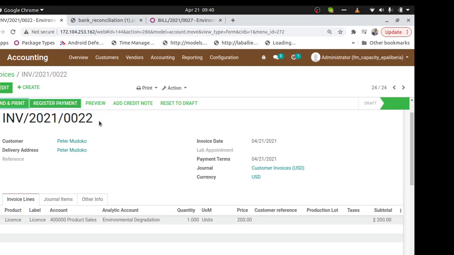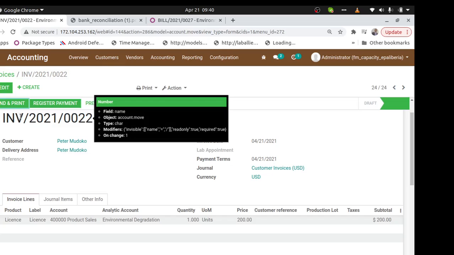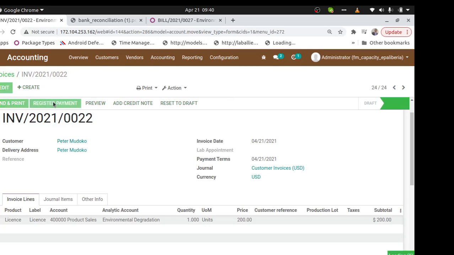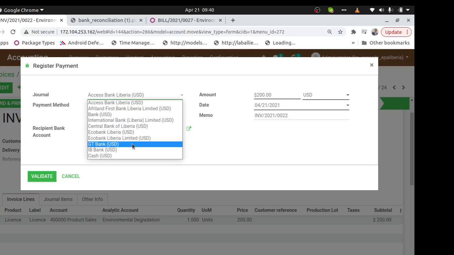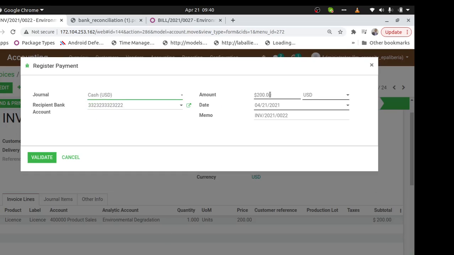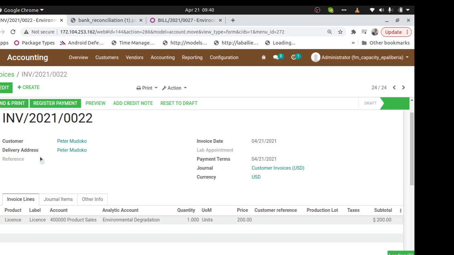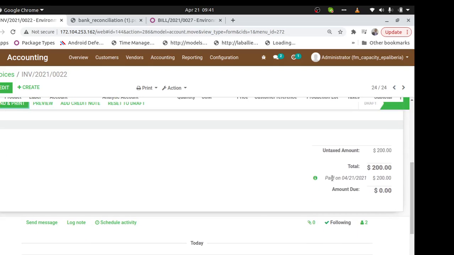If they pay through the bank, you go through the reconciliation. They will show you reconciliation. By cash, just click register payment. Then select cash USD. The amount is that, and then validate your invoice. Now you see it's marked as paid, and then I come here, I can see paid on that,